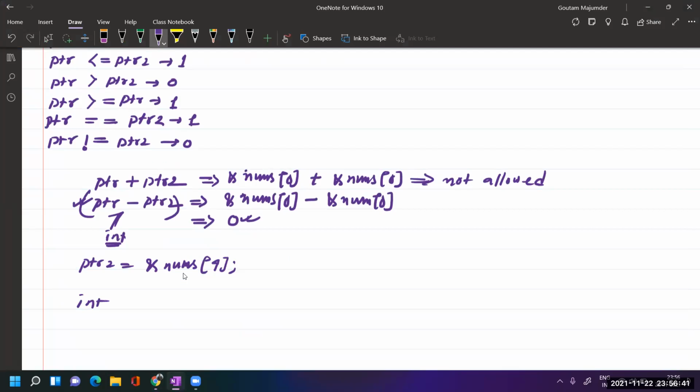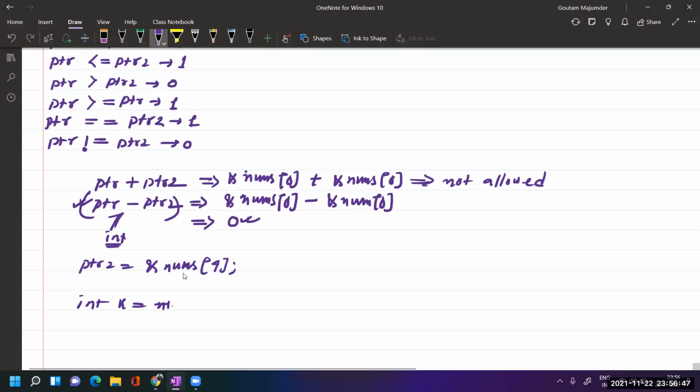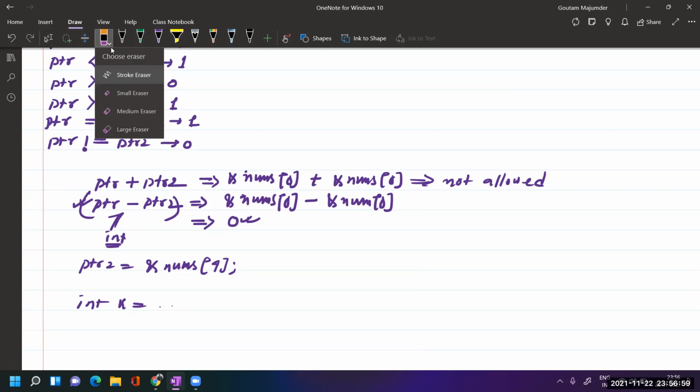So let us save it. Integer k equal to PTR2. What happened? Not responding. Okay, it is erased now.